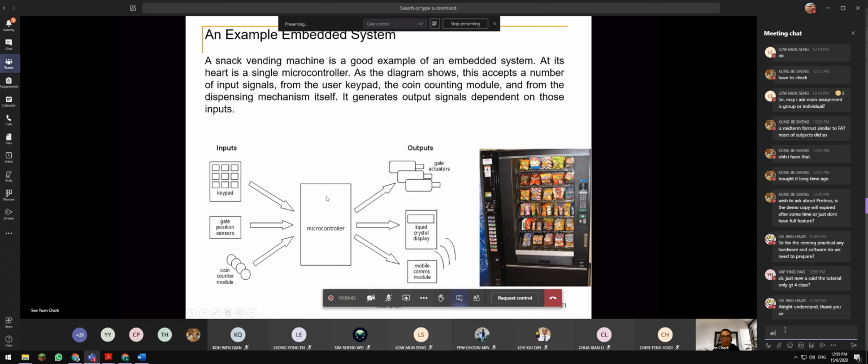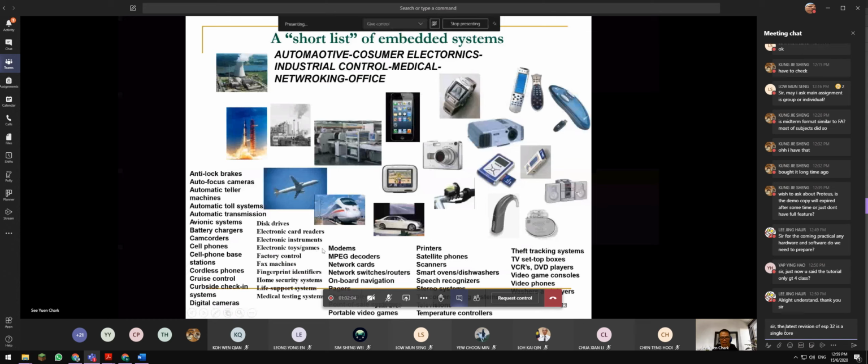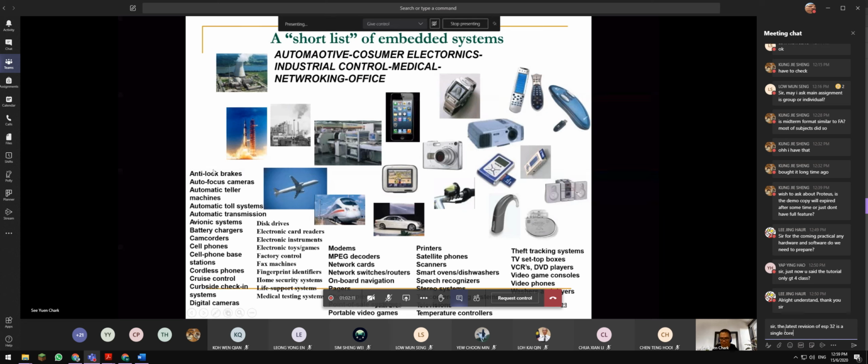Okay, let's move on. So there are a lot of embedded system designs out there. Just name it: at your home, anything in the industry, home usage, your university, everything is embedded system design. But however, this kind of design just has a dedicated function. Let's say for example, anti-lock brakes. It just does anti-lock on the brake, the ABS system. I'm not doing other things other than locking the brake. All right or not?